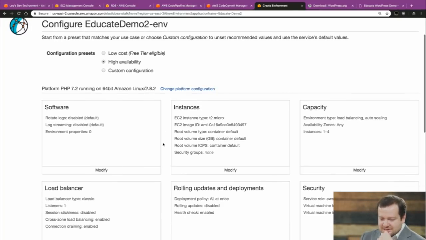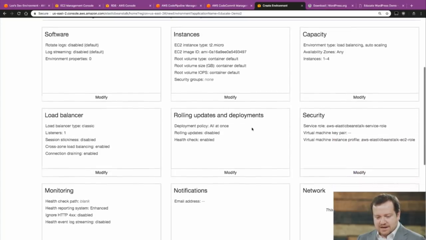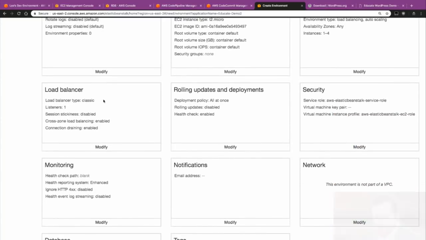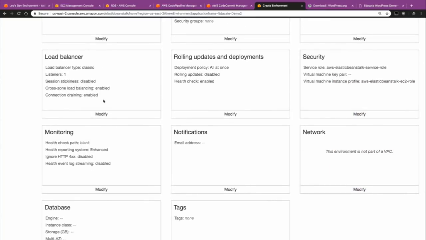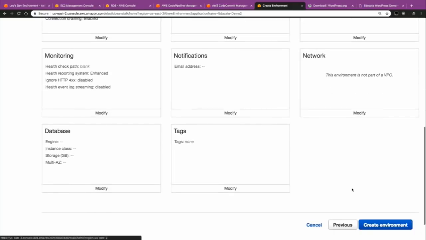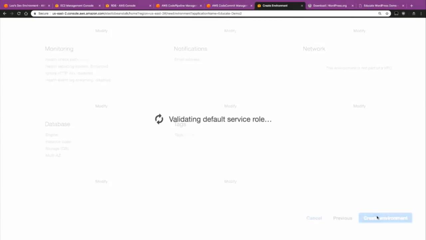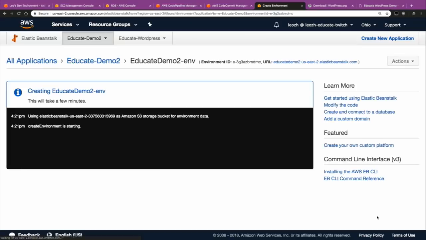So what that's done is it's enabled a bunch of different options here. It's enabled an ELB, so the load balancer. It's enabled auto scaling here. And again, there's the load balancer setup. So it's going to set up all this stuff for me. And so I'm going to hit create. Okay. So while that's creating, we actually have another question from IRTHme, and the question is, is the ELB a single